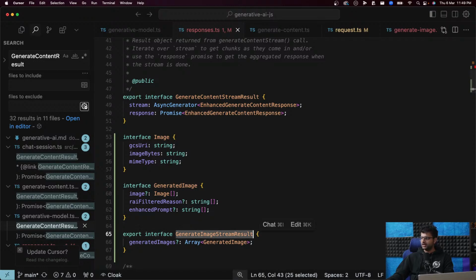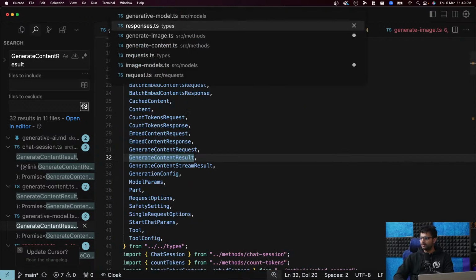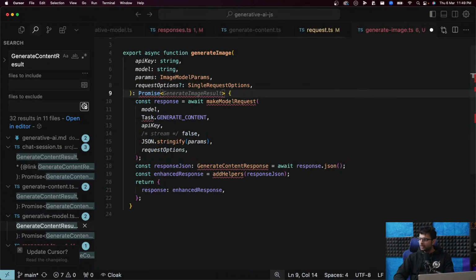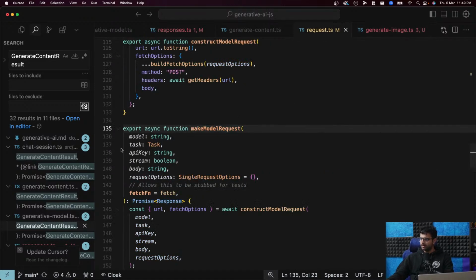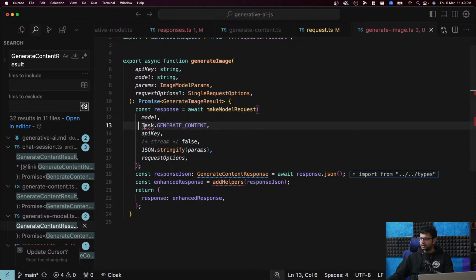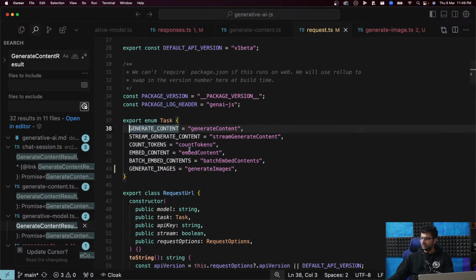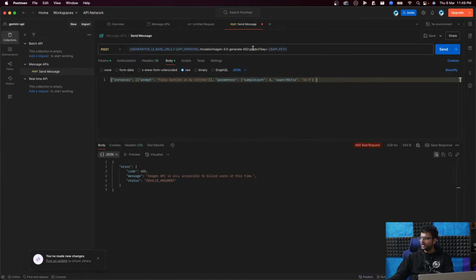And this result is what needs to come here. Make model request. Hopefully this doesn't change. Make model request task dot generate images, which is going to be, if you remember, predict, which is very weird.